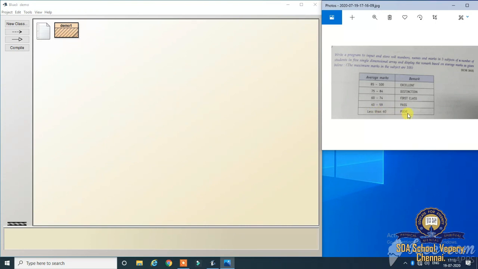So here we are going to store the marks for 5 people. For this we can use the single dimensional array. Let's get into the program.